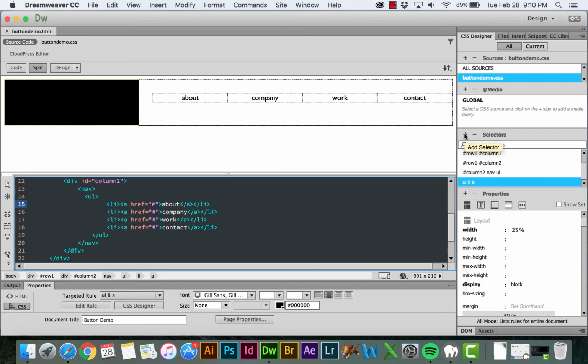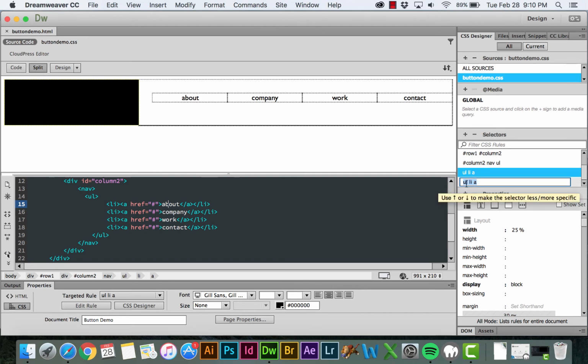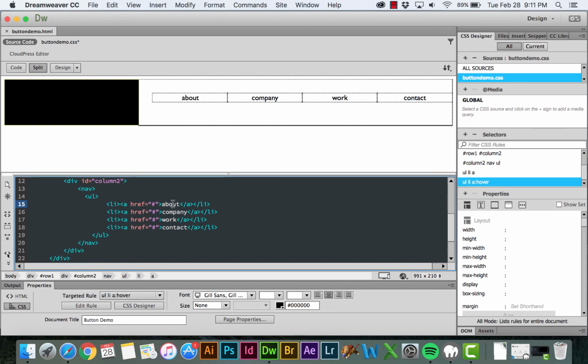So I'm going to create a selector. We'll notice that it starts off with UL, LI, and A, but now at the end here I'm going to put a colon. Notice that when I do so, we have several options that pop up in our drop down. We have link, visited, hover, active, focus, target, lang, checked, enabled, and the list goes on and on. We simply want to add a hover state to this. Now if I select in there, we'll notice that the targeted rule says UL, LI, A, hover. If I select edit rule,